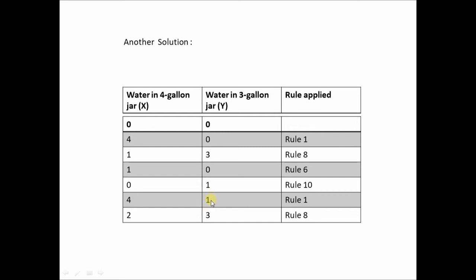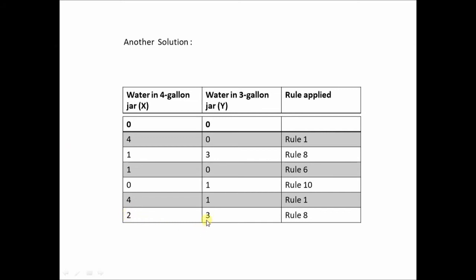Correct? So what I do, I use rule number 8, and I pour some amount of water from this jar to this jar so that this jar becomes full. So from the 4 gallon jar, which is right now filled to the fullest, I pour water into the 3 gallon jar. So the amount raises from 1 gallon to 3 gallons. So it is now full. Please remember the vacant capacity which was left here was 2 gallons. So once that 2 gallons is transferred here, how much remains here will be 2 gallons. And exactly this is what was required. What answer you should get? Your 4 gallon jar should contain 2 gallons of water, and now it is containing 2 gallons of water.